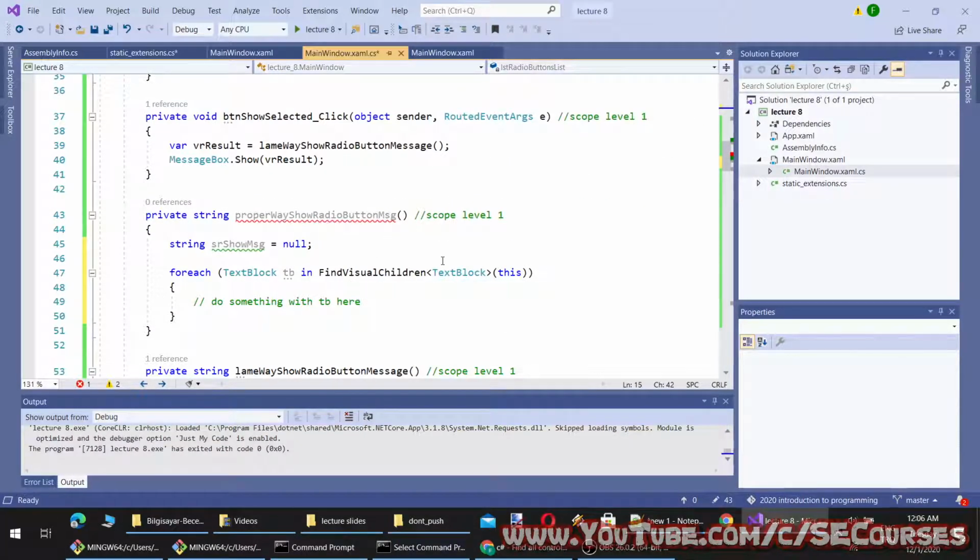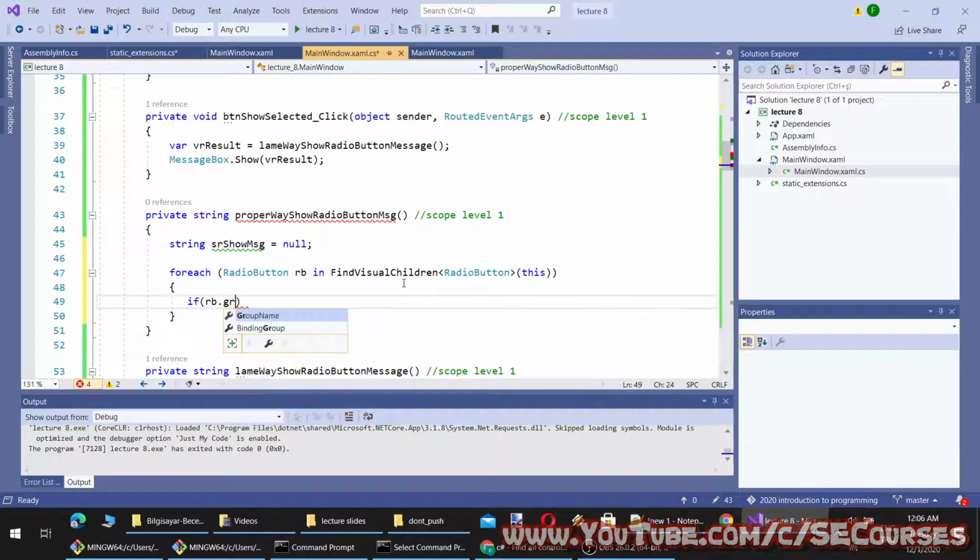Okay, now it works. And we will look for radio button, RB. Okay, and here if RB dot, okay, there is group name. Okay, nice. Now it works.